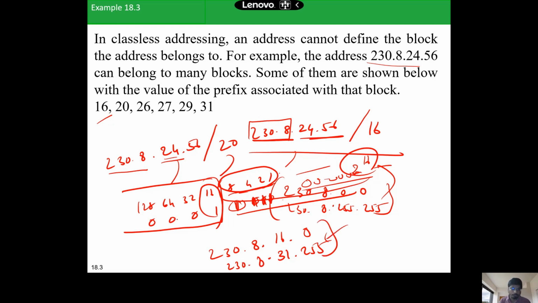This particular block is of order 20 bits goes for the prefix. The remaining 12 goes for the host. So 2 power 12 number of hosts you can connect. What is 2 power 12? Go on to calculate. It's going to be 4096 addresses, right? 2 power 10 is 1024. 2 power 11 is, what is it? 2048. 2 power 12 is 4096.